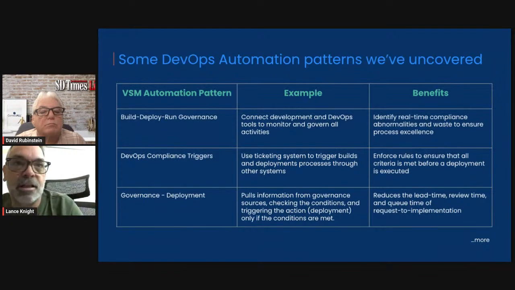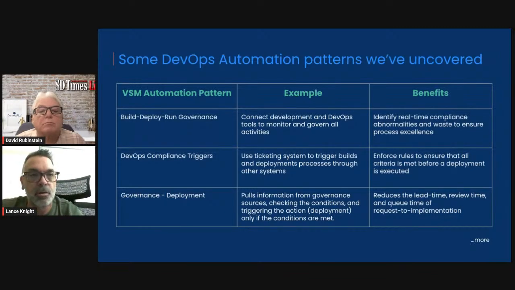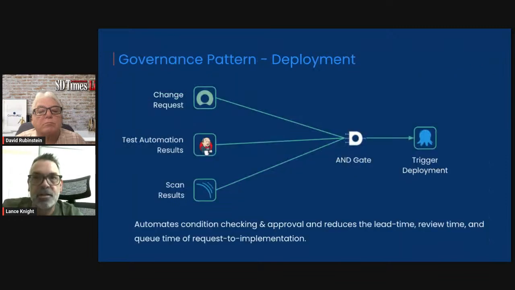Like, I particularly like the DevSecOps pattern, where I'm taking vulnerabilities right back into development for mean time to repair to slow down. And as you look at each one of these patterns, benefits come out, and you're solving other business problems and you're being more efficient. Now, if not, then somebody would have to key that into their backlog, or there'd be some governance in there. And so this is an example of some of the patterns we've been looking at. Like, this is a change request pattern where these come in, tests happen, and then it triggers a build. All these things to automate in your value stream, but to help eliminate that noise.